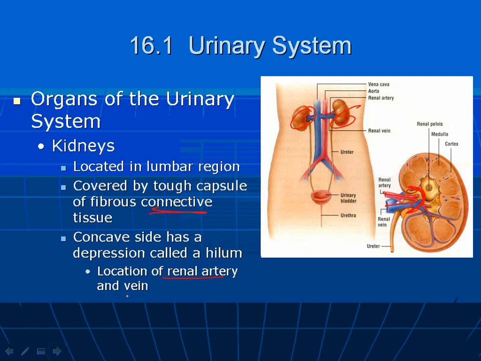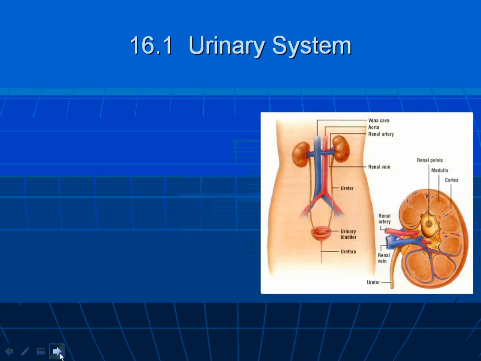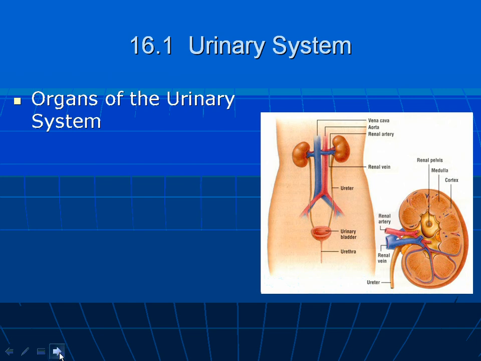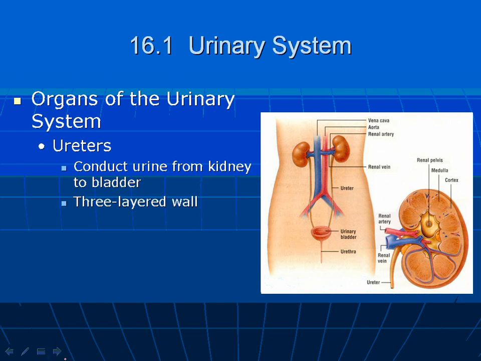And like I said, it's the renal artery and vein, which is entering and exiting there. All right, the next one we're looking at is the ureters, as I just suggested. These are the tubes that are going to connect our kidneys to our bladder in order for us to relay that material. Three-layered walls,